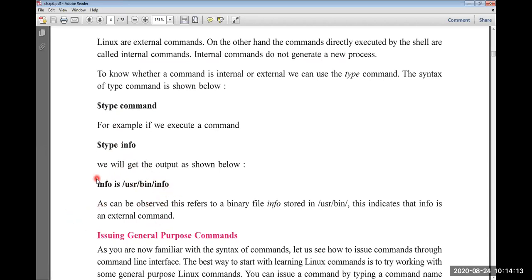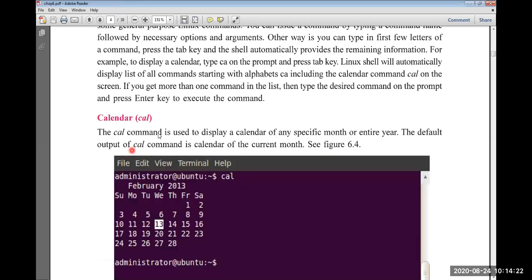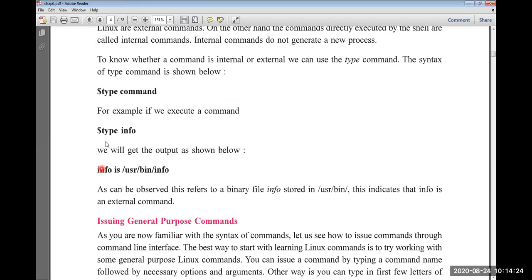You can see here, for example, type info. We get the output as info is /usr/bin/info. That means it is stored in this directory, usr bin.